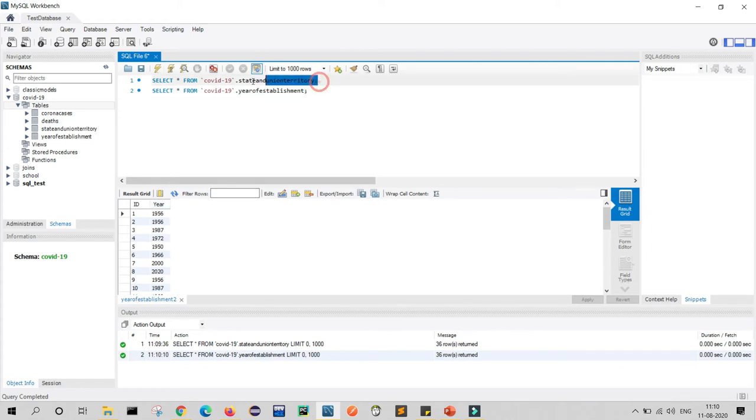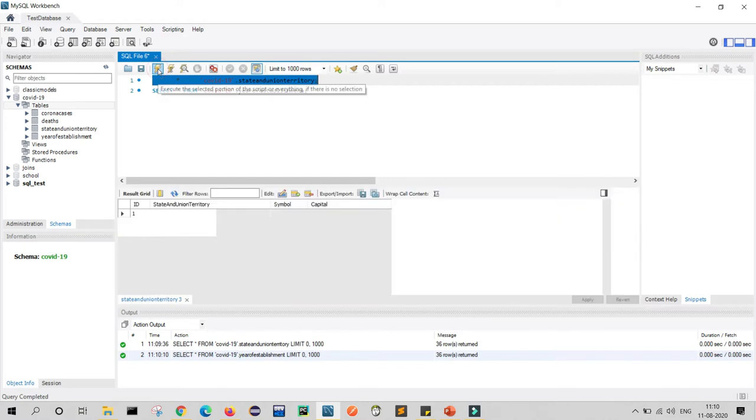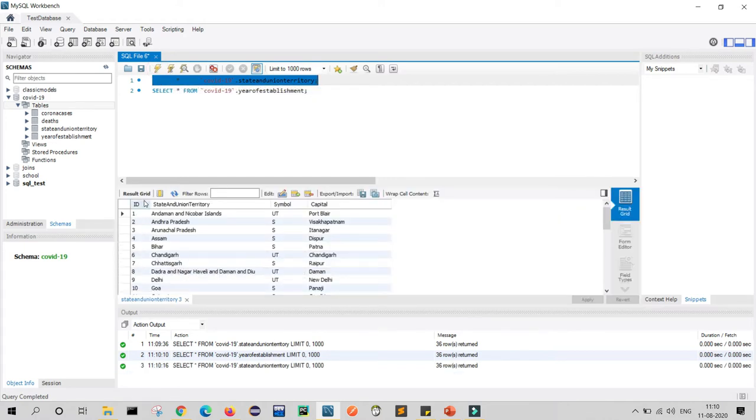Friends, in my first table you can see that there is a common column name, that is ID. Here I have provided an ID for each specific state and union territory. Andaman Nicobar is a union territory, so I have provided the symbol UT and one ID is specific for Andaman Nicobar.